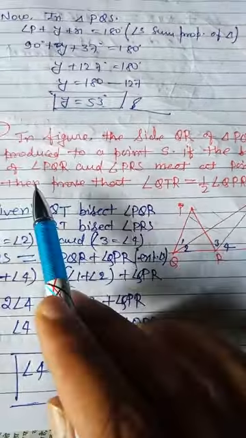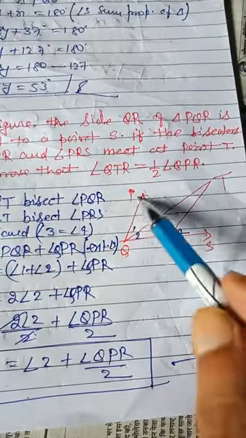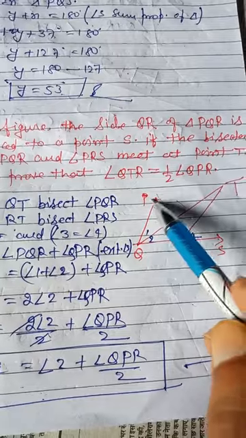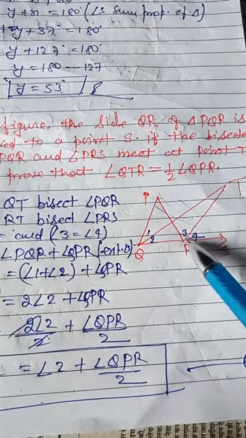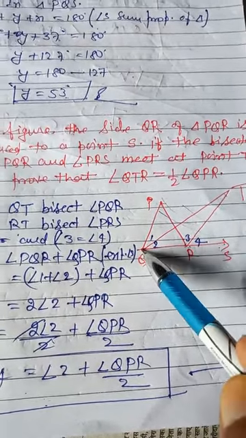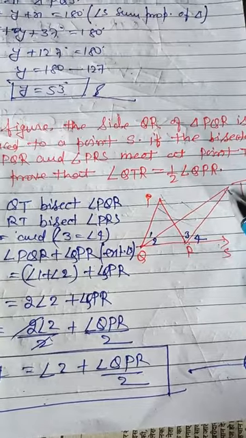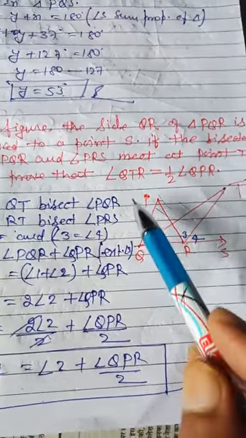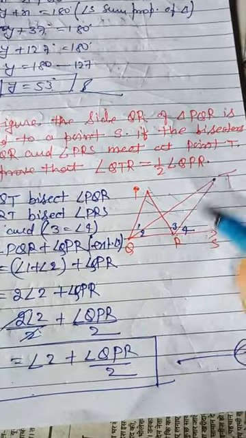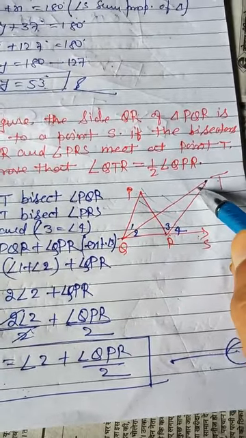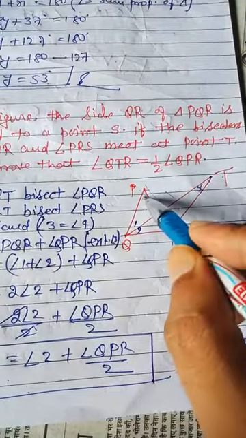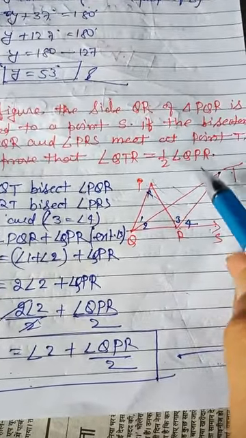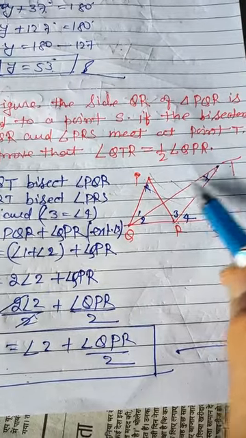If the bisectors of PQR and PRS, QT and RT, meet at point T, then prove that angle QTR. Look here at this triangle. Relation किसको निकालना है? इसमें और इसमें. तो हम लोग को पहले ध्यान देना होगा कि to find the relation between them